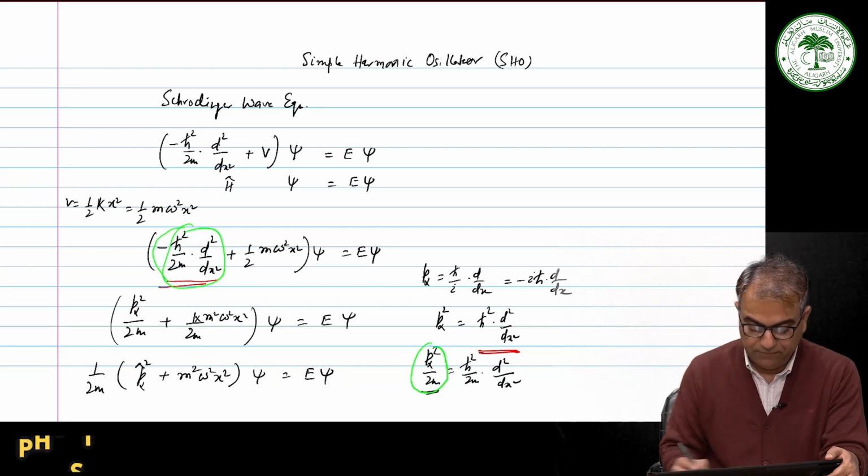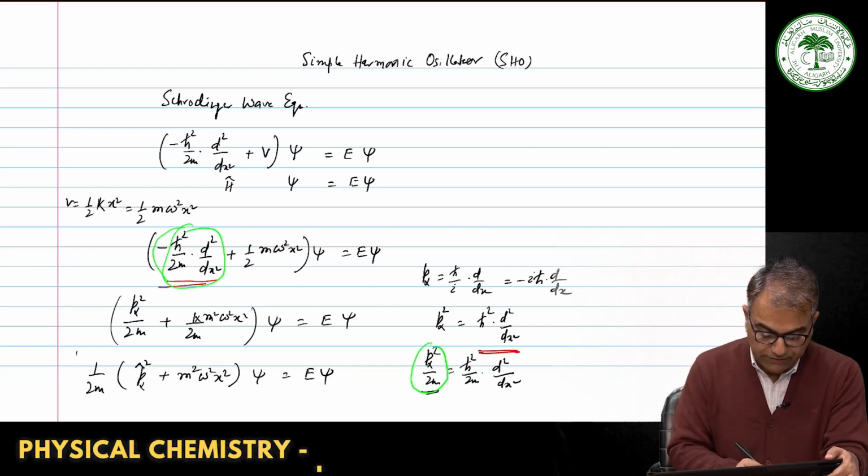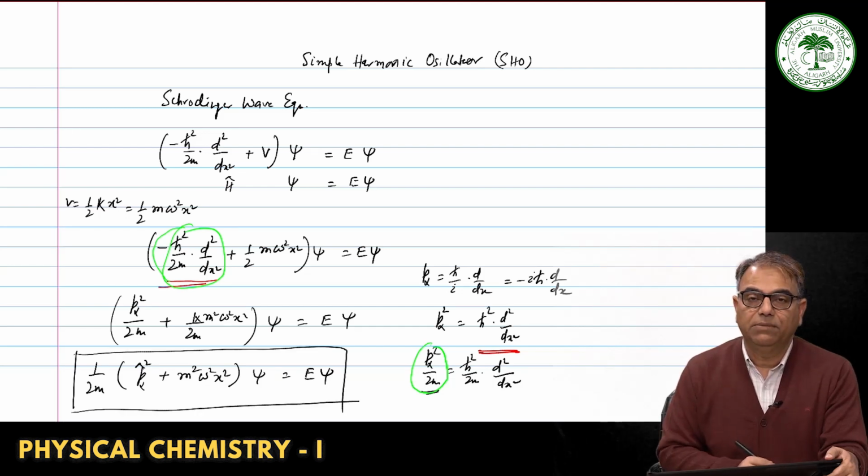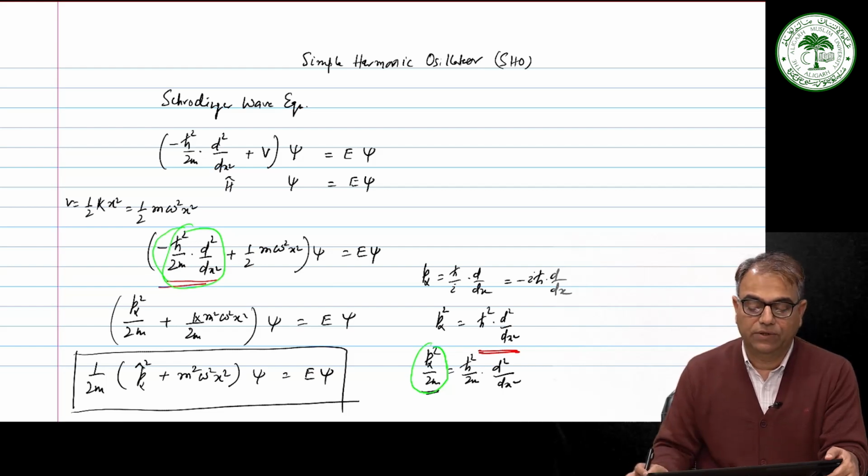This is very simple. Your Schrodinger wave equation in terms of linear momentum becomes equal to this one: 1 by 2m Px square, an operator, m is a constant mass, omega square is the angular frequency, and x is again the position operator, x square into psi is equal to E psi. Now, if you use this equation,